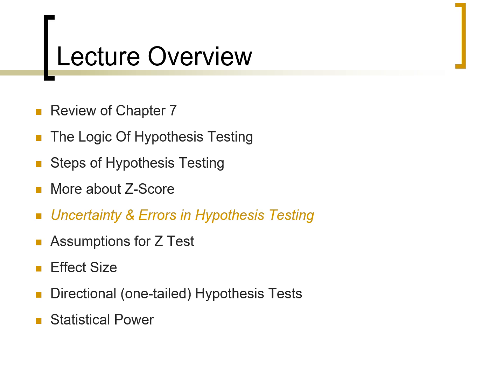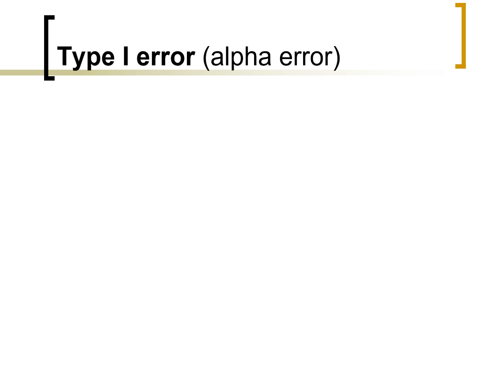So let's look at the process that we've set up and look at some of the pros and cons involved. So we're talking about decisions. Sometimes we make the right decision, sometimes we make the wrong decision. Again, going back to the courtroom example, sometimes a person is found guilty and they really were guilty. Sometimes they're found guilty and they really weren't guilty. Sometimes they're found not guilty, but they were guilty. Sometimes they're found not guilty and they were not guilty.